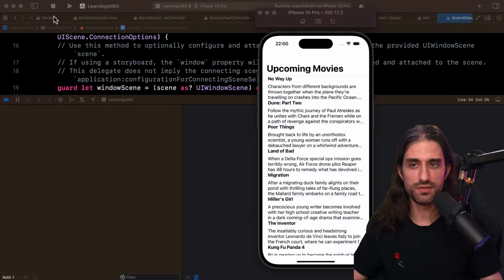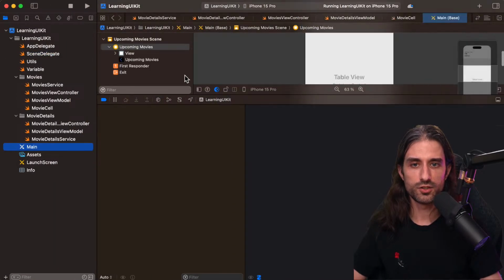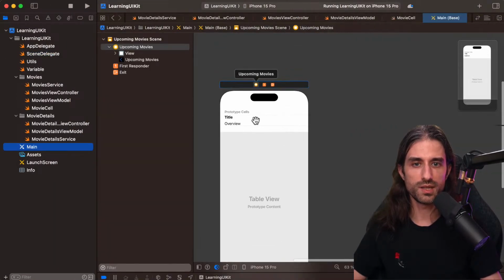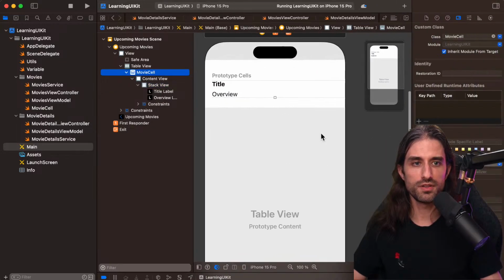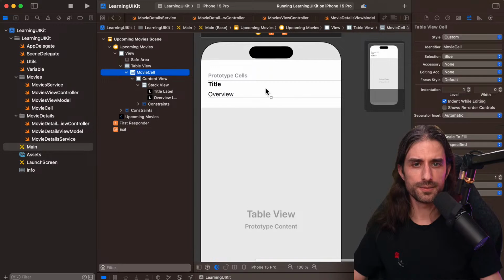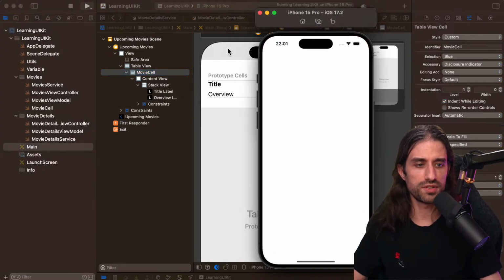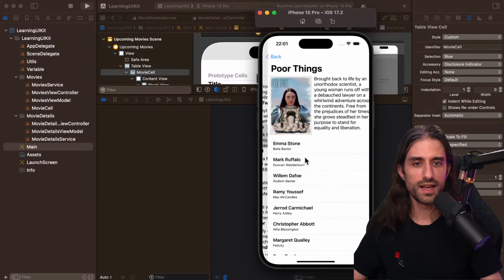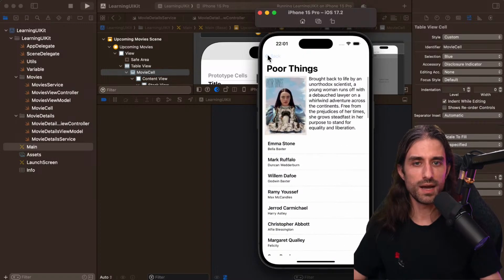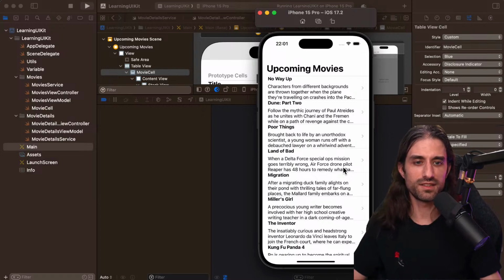So actually, it's very easy to set. It's a property of UI table view cell. So here on the movie cell inside the storyboard, you would open the inspector and do accessory disclosure indicator like that. You could also set it programmatically in cell for row at index path, of course. And now we can see we have the nice disclosure indicator, and the app looks a little bit nicer thanks to this disclosure indicator.